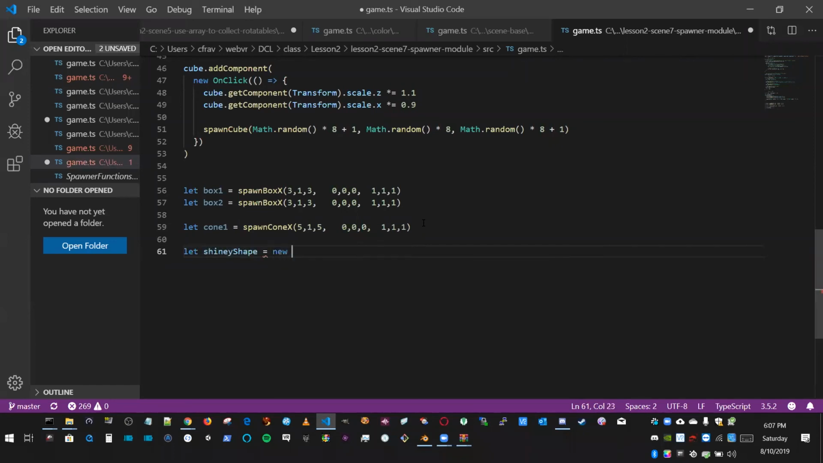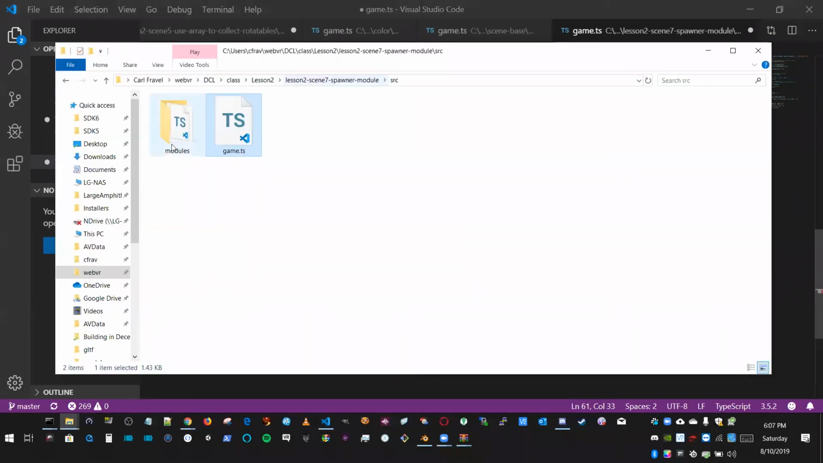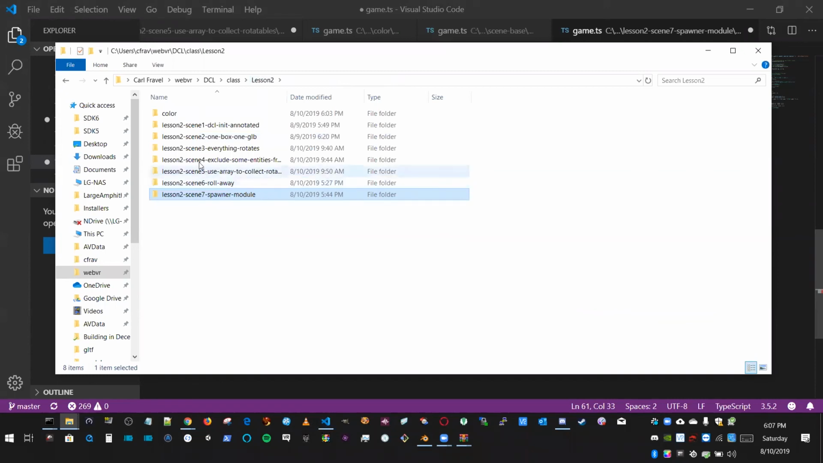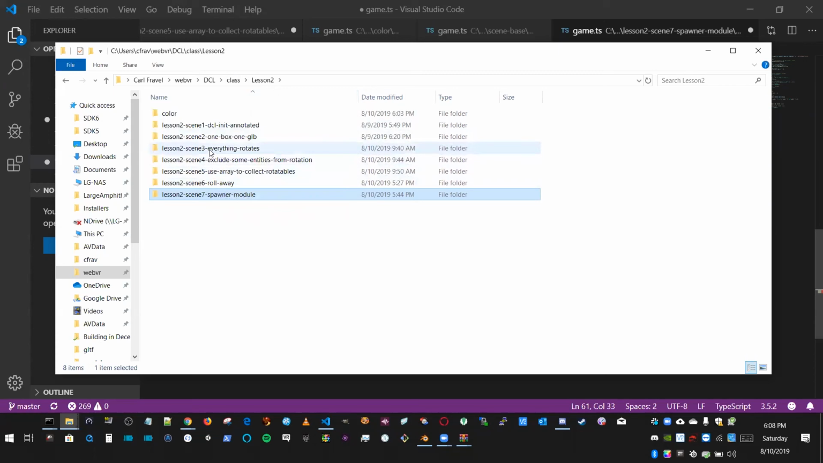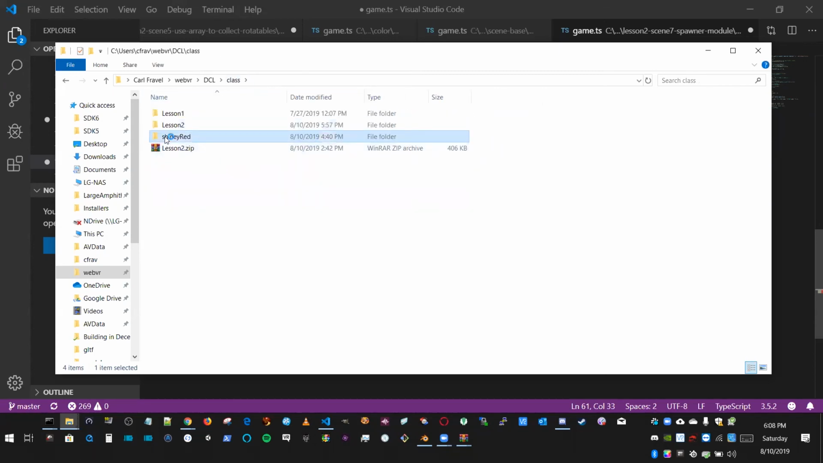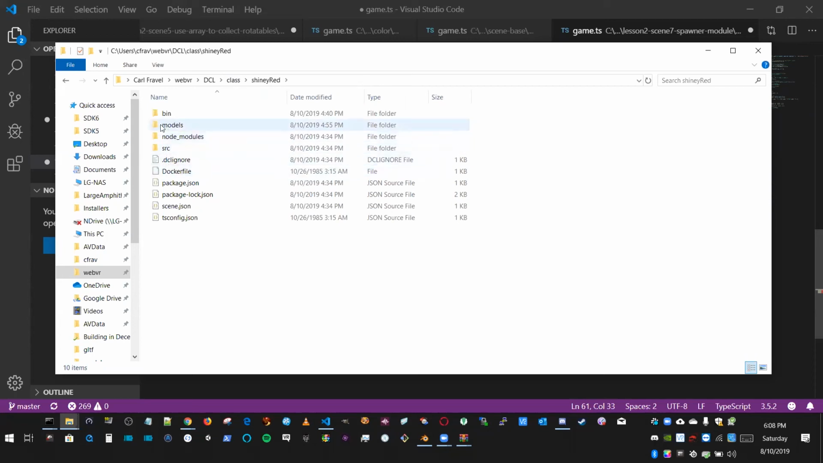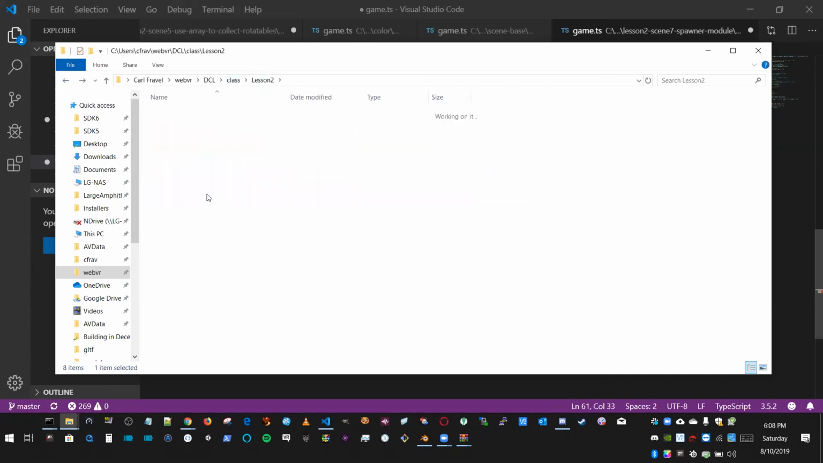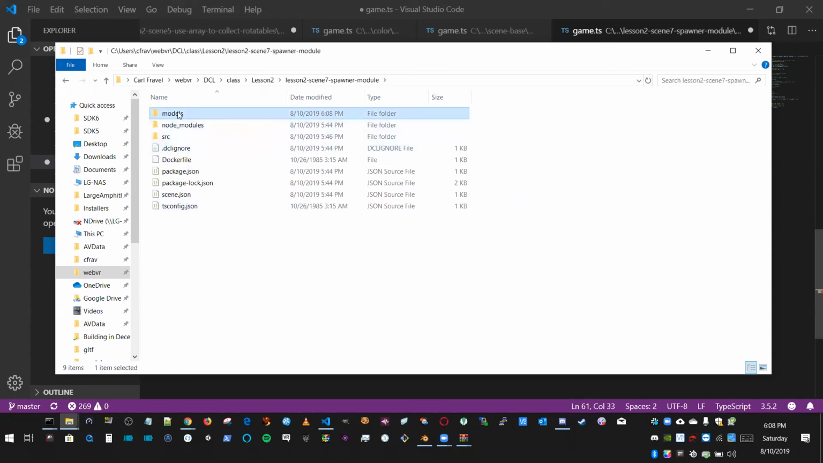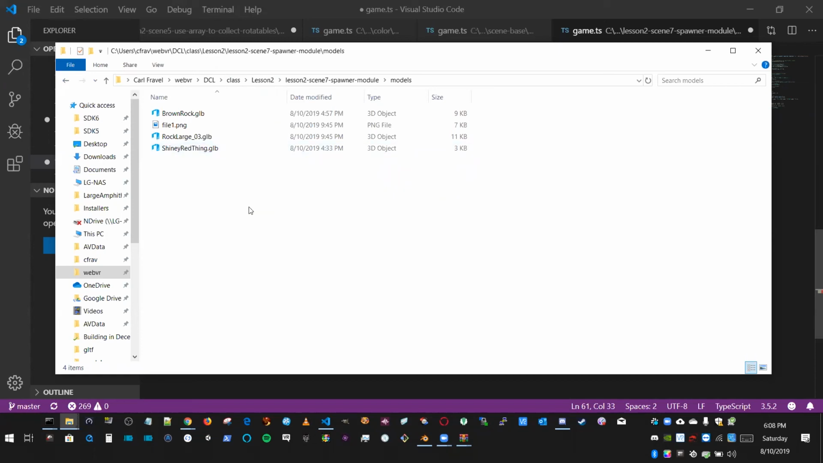Equals new GLTF shape of, and then we had, let's just put those models from that other scene. I'm going to be lazy and do the whole thing. Where was that? Where was our scene that had the shiny thing in it? Maybe we put it shiny red. There it is. I'm just going to grab the models from here and go back a couple. Bringing the entire models directory over. And it has a rock. It has the shiny thing. I'm just going to use the shiny thing